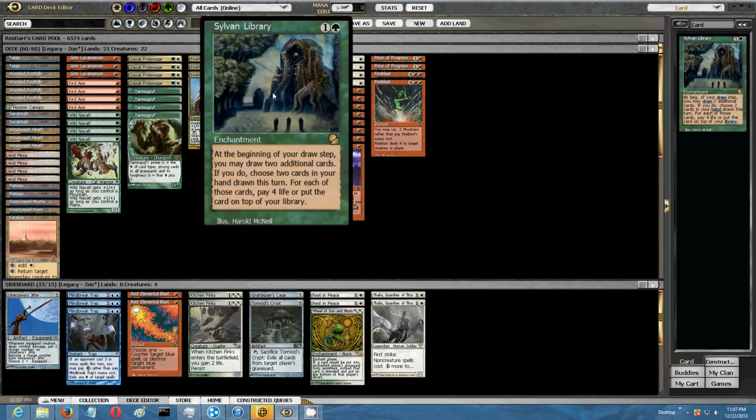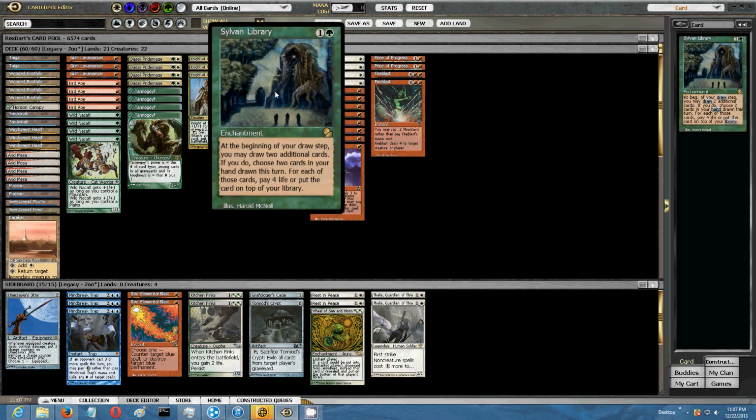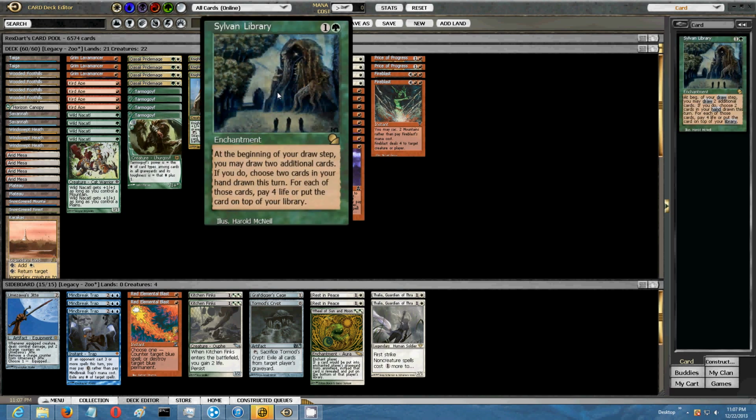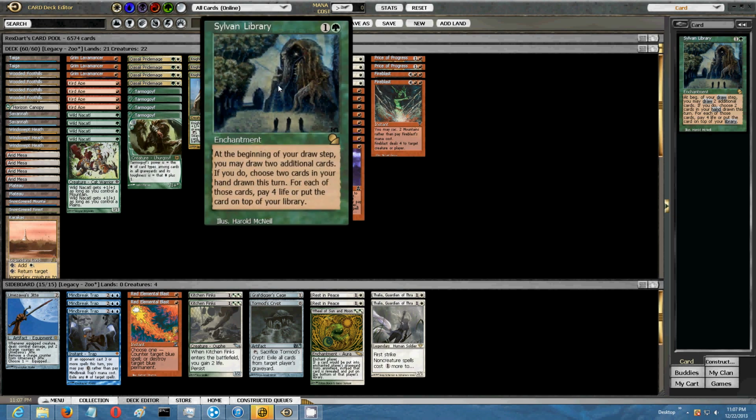Sylvan Library, I would like to think of a way to get to a second one, possibly. The second one, of course, is redundant, but if you have the first one, the idea is you can see what you got coming up. You have a lot of fetch lands. There are 11 in this version, so you can shuffle away if the second one comes up. It's redundant. But it's so good in the attrition matchups